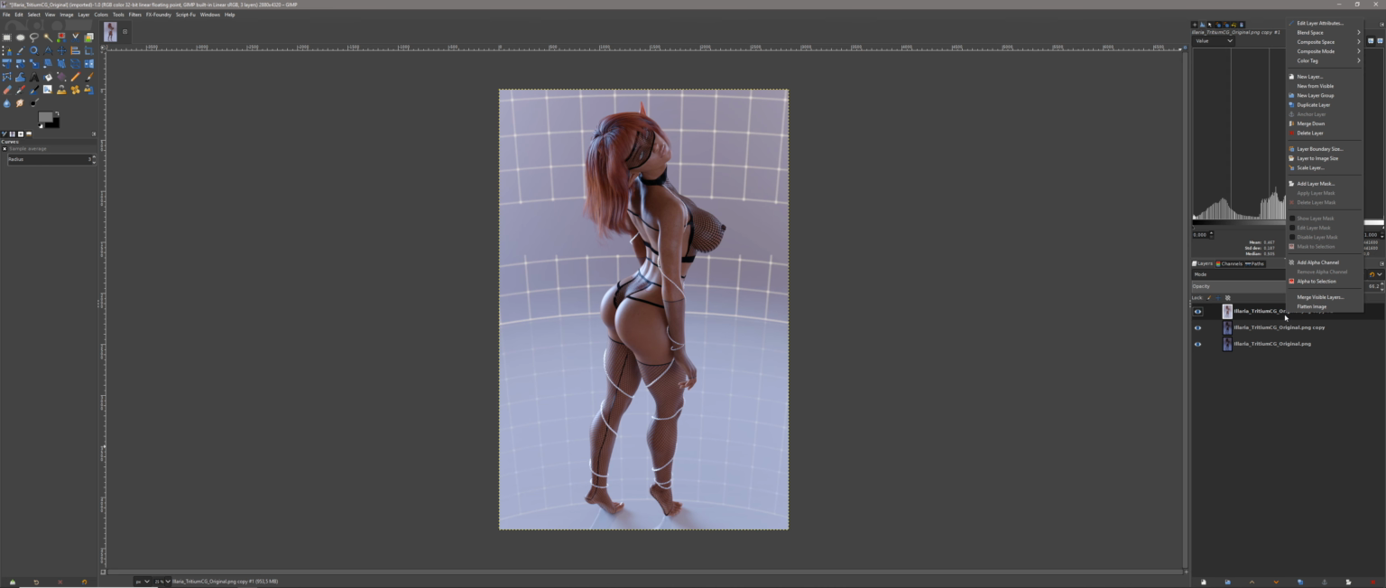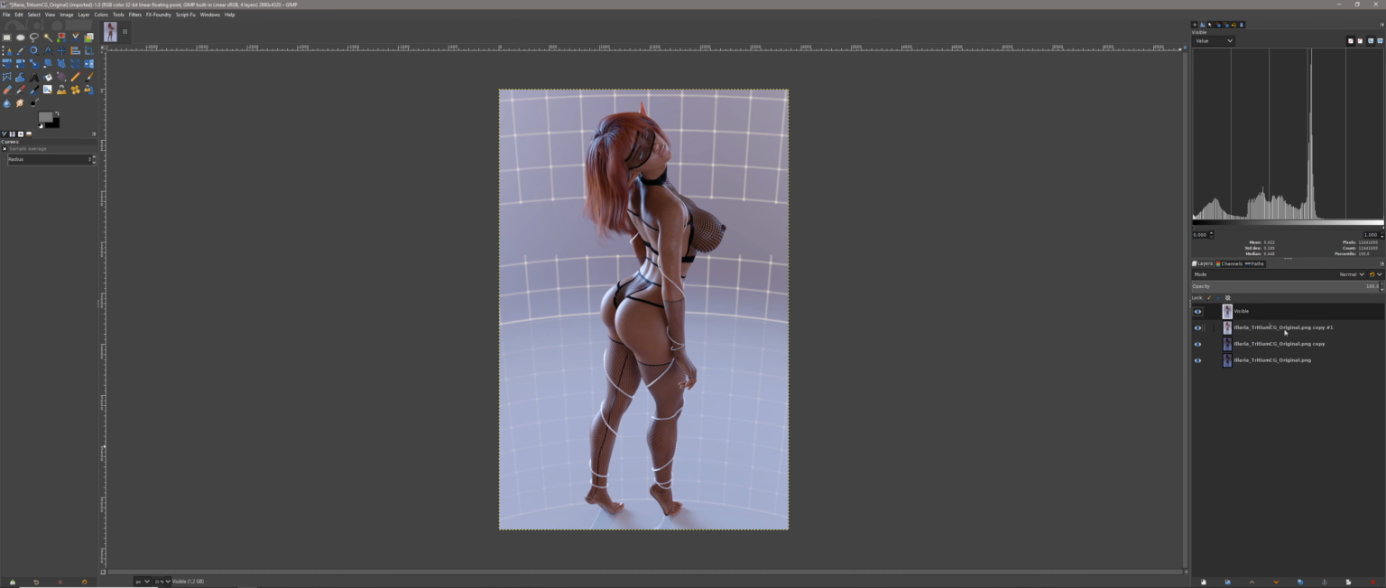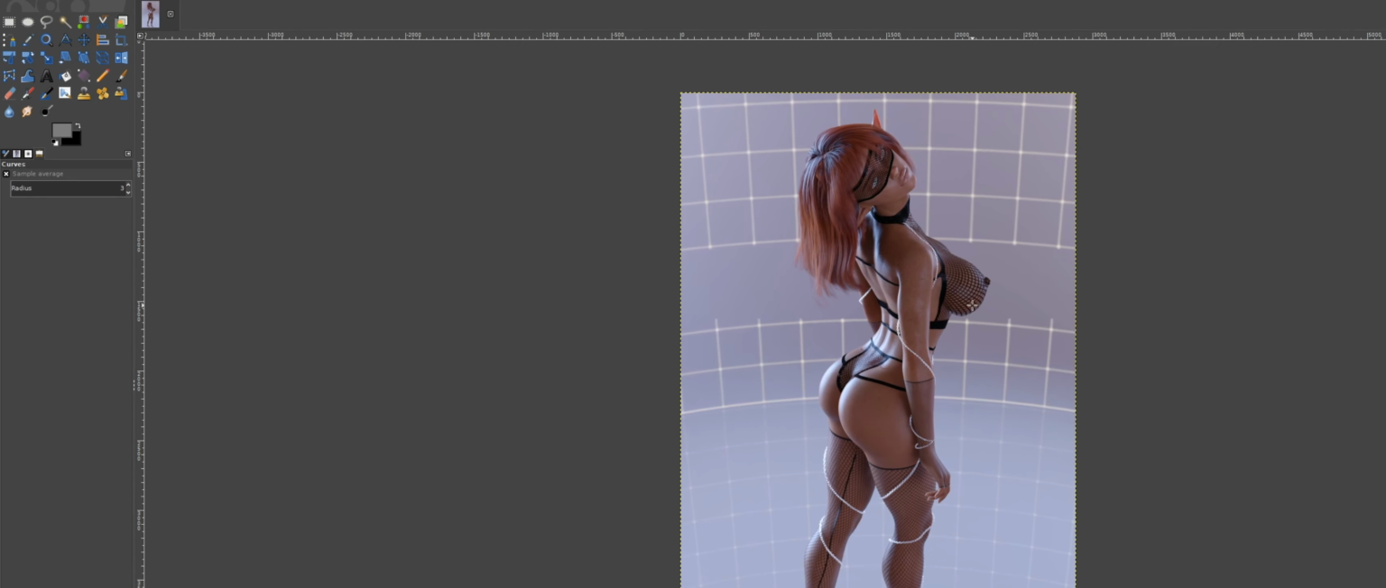Okay, next I'm going to right click here in the layer stack and select new from visible. What that does is it basically flattens out all the layers together and creates a copy of that on top. So I now have everything below here merged to one layer above it. I'm going to duplicate that, and so I have something I can go back to. And the next thing